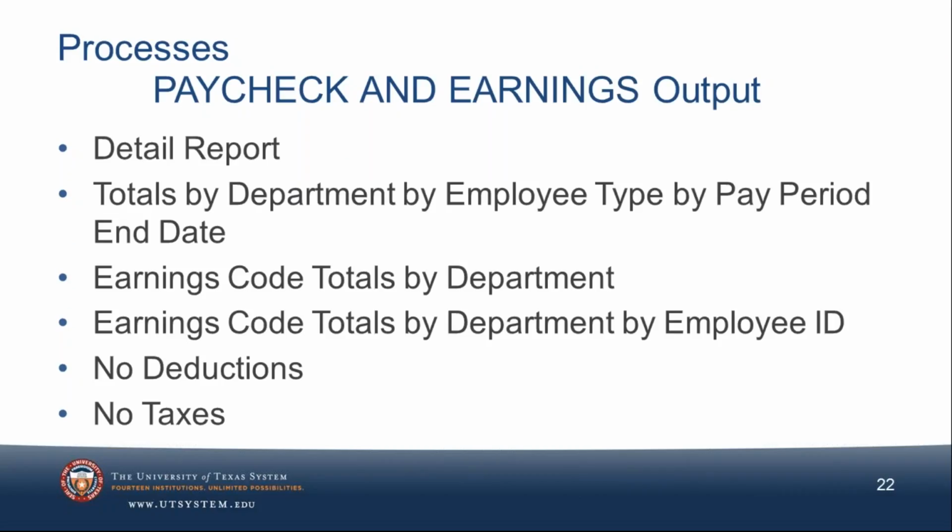I believe one of our institutions used this kind of summary, not necessarily this tool, but this kind of summary, the earnings code totals for overtime, to do some analysis over the overtime earnings codes in the department, because there was a clear outlier when they did their analysis. That gave them the opportunity to look further into the situation there.